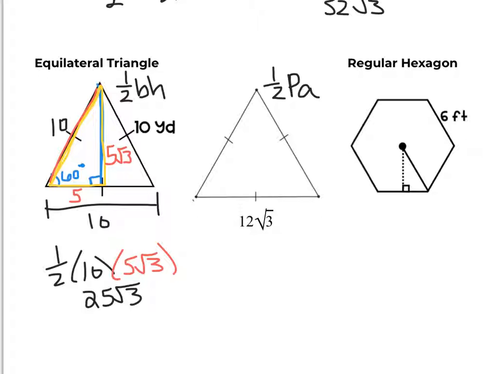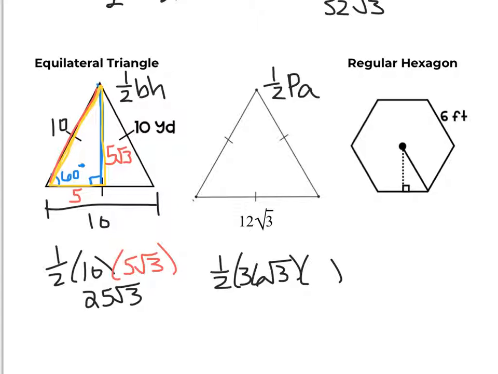Versus looking at 1/2 perimeter times apothem. Could I use the same strategy here? Yes. Are you probably going to cry a little bit? Yes. And same thing goes for the other one. I could use perimeter apothem. It's just you get into craziness with the square roots. So for this one, the first thing I need is perimeter. So I have 3 sides of 12 root 3, so that's going to be 36 square root 3 times